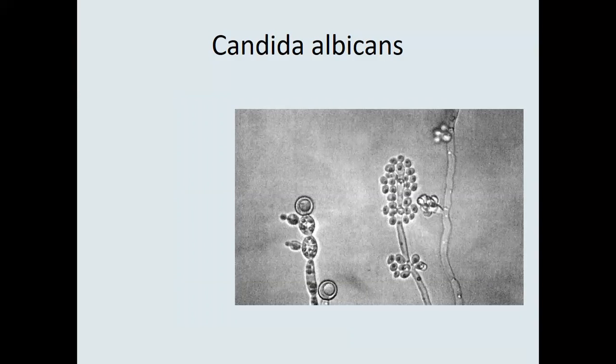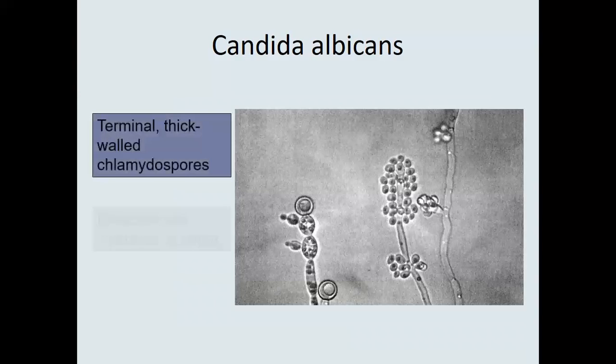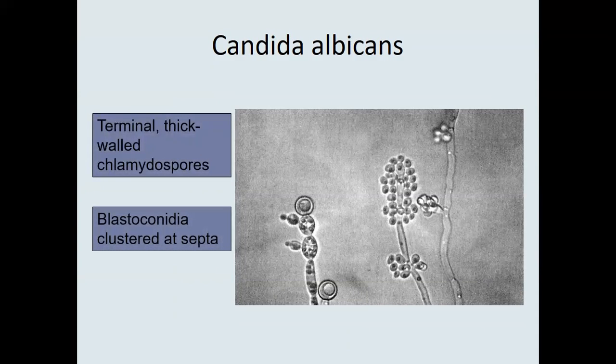And then you see the blastoconidia, the clusters of yeast cells at the tips of those pseudo-hyphae. The other feature that's really unique for Candida albicans are those terminal chlamydospores right there at the tip. They're double-walled and round, and they're really unique to Candida albicans. So we can identify it, which, by the way, is probably the most commonly